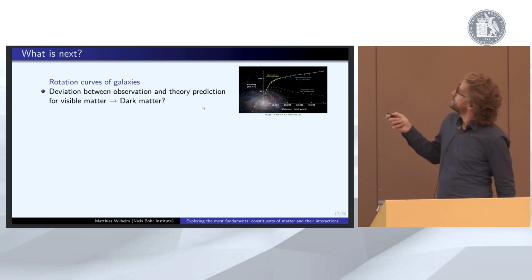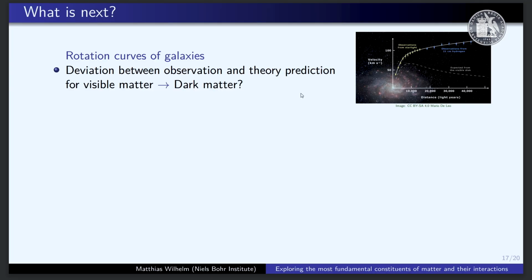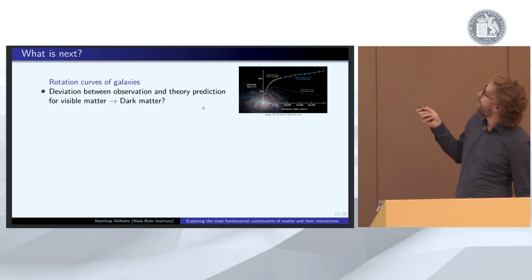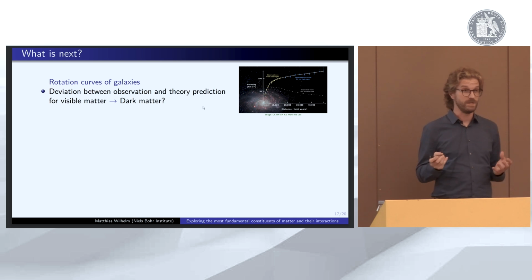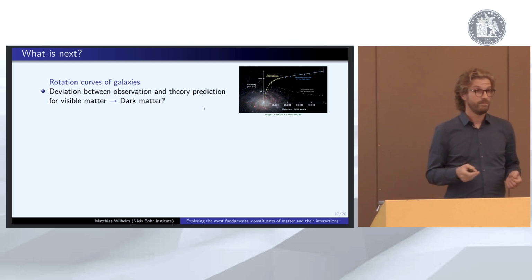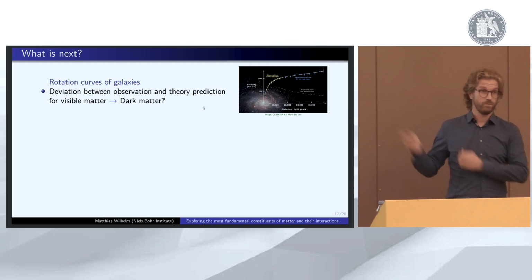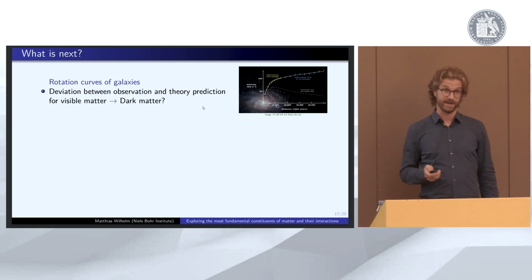Here, if we look just at what speed those move for different distances to the center, we find this curve here. But according to general relativity and all the matter we see in this galaxy, the curve should be more like this one. One way to explain this discrepancy is again by postulating a new particle, some dark matter, which doesn't interact with light, so we haven't seen it yet. But we haven't seen this particle yet in any other experiment.